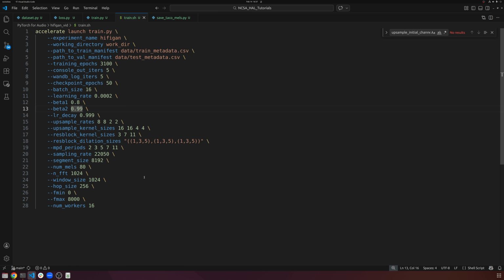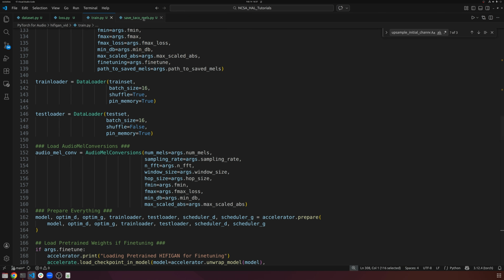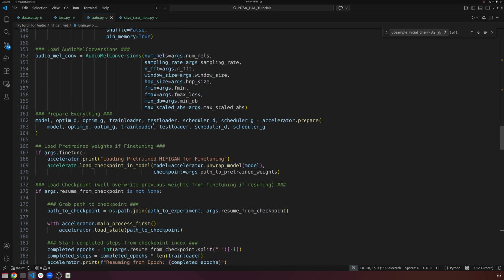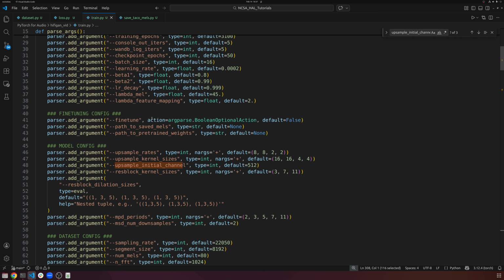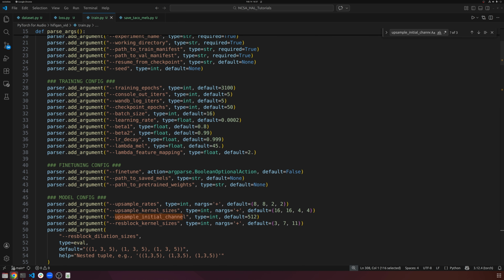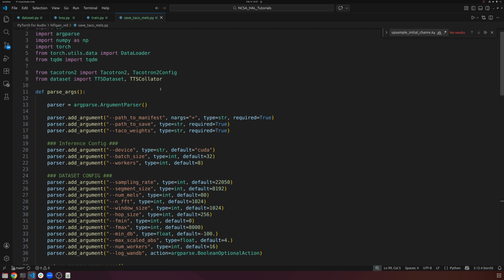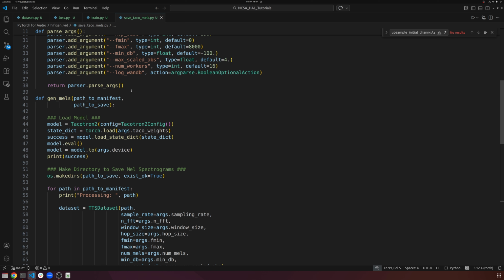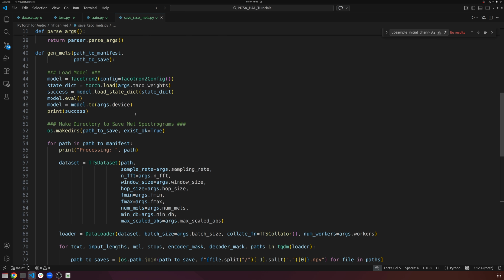You're better off just grabbing one of the pre-trained ones that they offer in the HiFi-GAN Git repository and just using theirs, right? But either way, you can train this, but like I mentioned, after training this model, it's only good to take true Mel spectrograms and project them to audio. Basically, take true Mel spectrograms and create audio out of them. That's not as helpful. So what we do, and this code is basically from what we had in the Tacotron video,